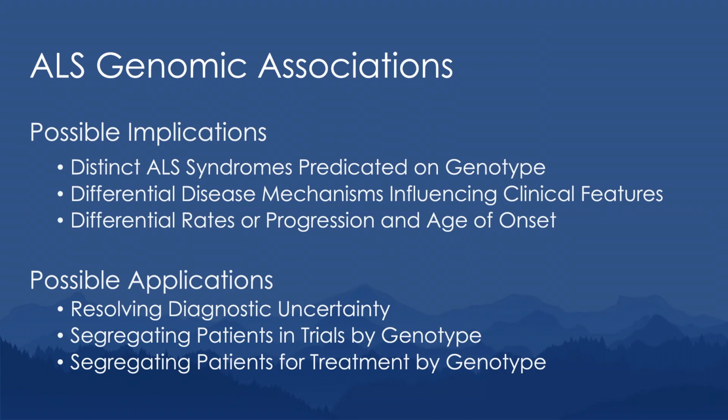So the possible implications of this data that I articulate here are that, given the clinical heterogeneity of ALS and the diagnostic challenges attendant with that heterogeneity, there may very well be distinct syndromes or subsyndromes that could be better predicted with a more comprehensive understanding of genotypes for all of these ALS patients, either to speciate different patients with ALS, defined by those clinical parameters, or otherwise to better understand which patients have ALS or some other disease in the differential diagnosis.